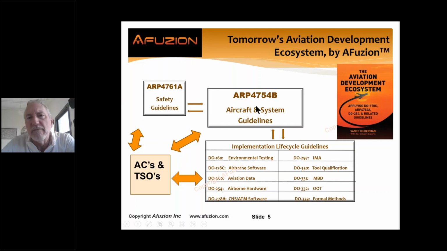And then the 4754B, many of you are using model-based systems engineering, really improved planning processes. We don't have time for that, but folks, we need safety requirements and system requirements fed down into our PSAC and PHAC before we write them, before we approve them. This is the ecosystem, including advisory circulars and TSOs in North America or European ETSOs over in Europe.